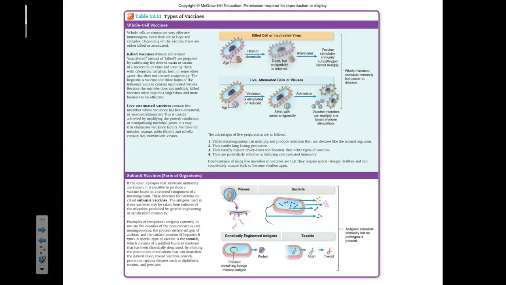So if we looked at a killed or inactivated viral vaccine, we could take our virus, our cell, and kill it, and it looks almost the same to our immune system, but now it's no longer metabolically active, and we can administer it to our patient, and then we can develop the immune response. Or we could take a fully living cell and administer it to the patient and trigger the immune response.